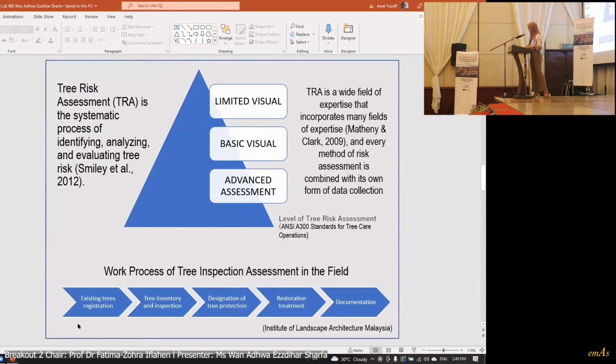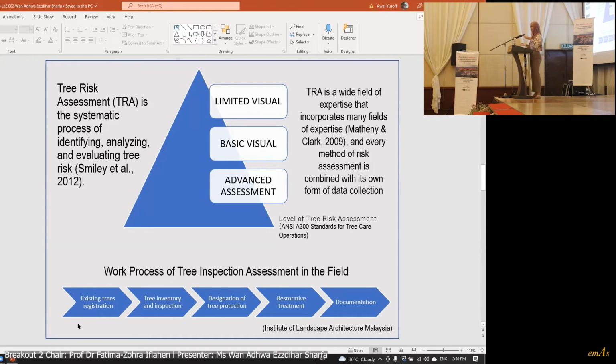Okay, so for some literature review, this figure summarizes the levels of tree risk assessment. Before that, what is tree risk assessment? Tree risk assessment is the systematic process of identifying, analyzing, and evaluating tree risk. It is a wide field of expertise that incorporates many other fields. And it is a method of risk assessment that combines with its own form of data collection. So there are several tree risk assessments, and each has its own